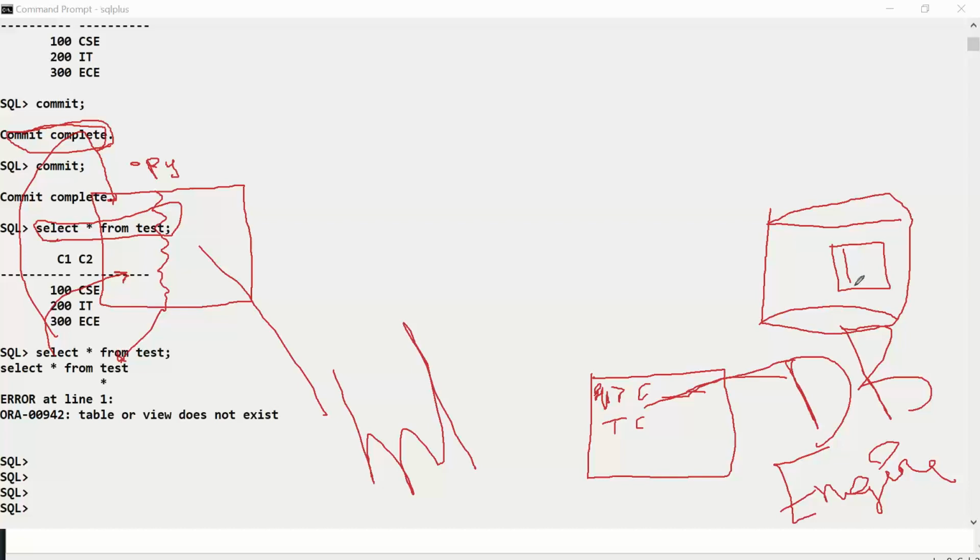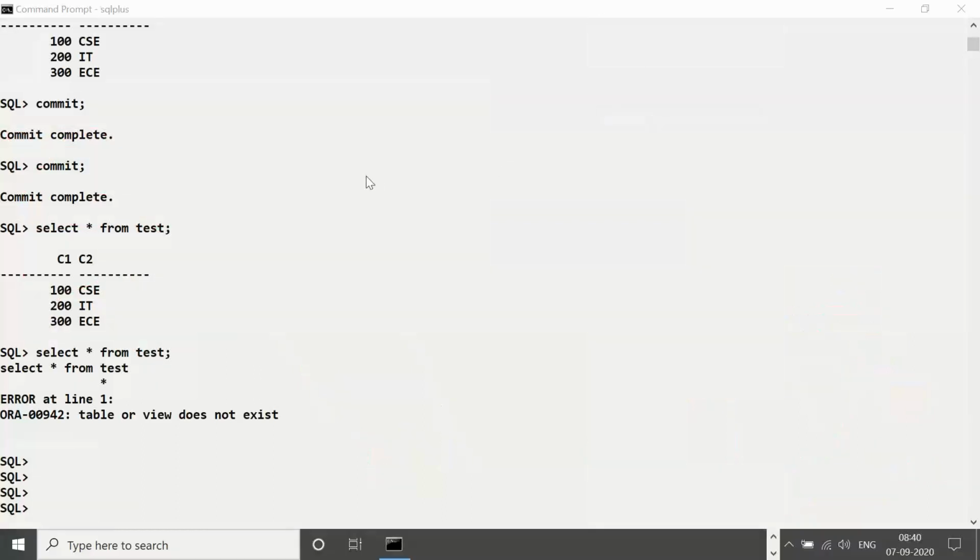Effects means earlier the table was not there, now the table is created. That is modifying the database, and acknowledgements are given in the SQL prompt, right? In the same way your interpreter works, your DB engine also works.